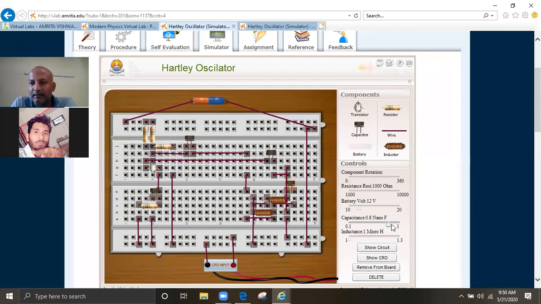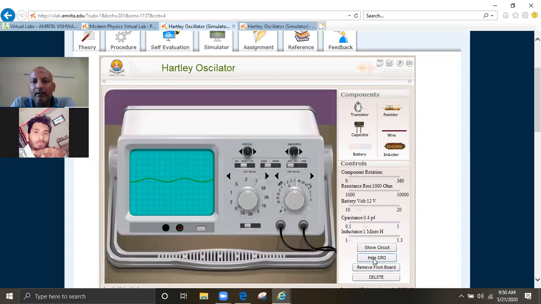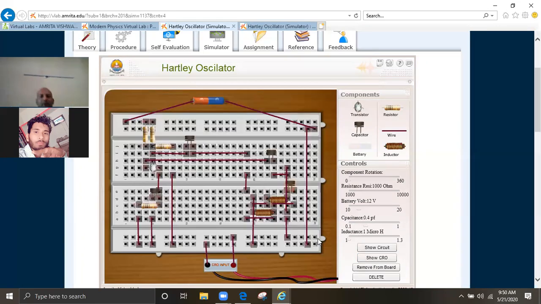It's decreasing here. 0.9 here, 1 nanofarad, and 0.3 picofarad, 0.4 picofarad, and there is a change in the frequency which you are getting from this.